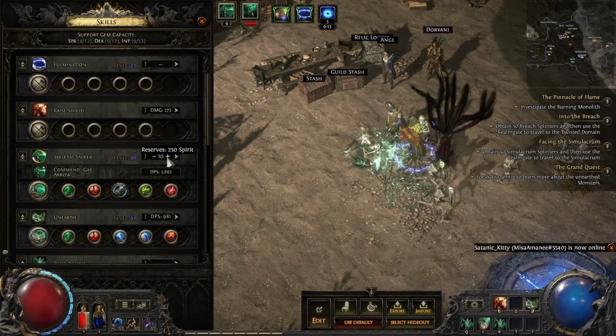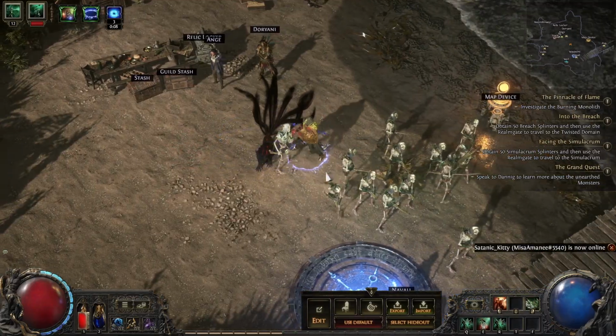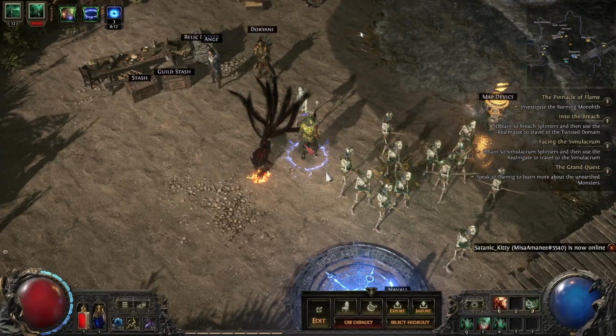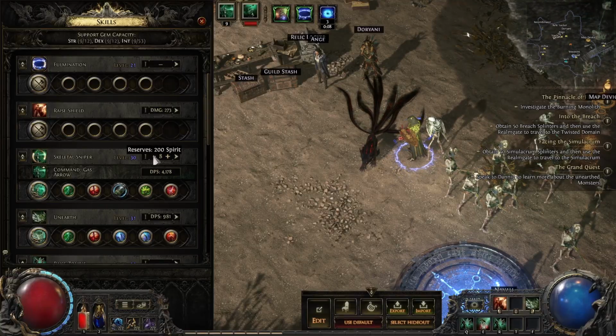And you can just stick with the skeleton snipers. So I have 12 skeleton snipers at the moment. So you can still stay the original skeleton build if you want to. But for me, I'm just transforming my build into